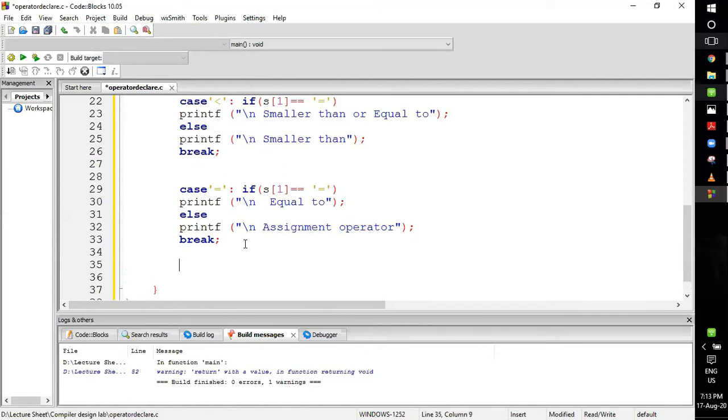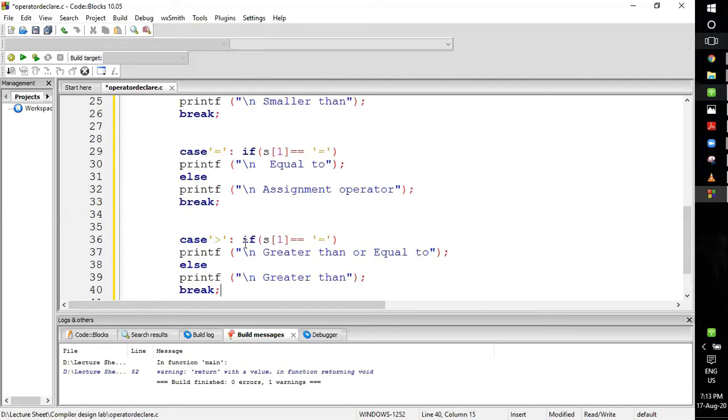Now I'll do it for the not equal to. For not we use this symbol. When we have this symbol at the beginning and at the end we have equal to, then it will be not equal to.